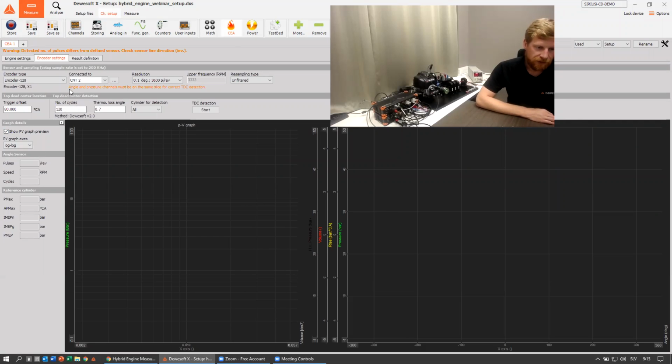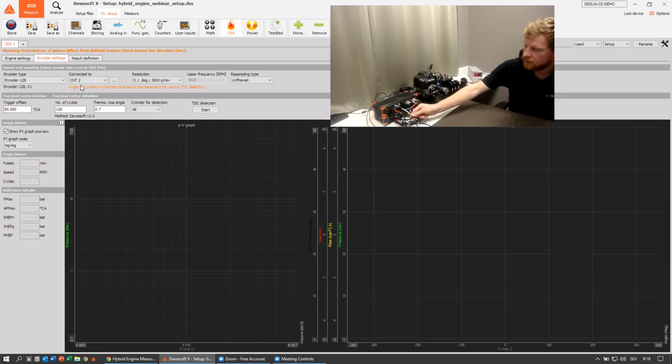We see here one warning. So angle and pressure channels must be on the same slice for correct TDC detection. This means that if we want to do top dead center detection, to detect how far off the angle sensor 0 point is from the actual top dead center of the piston, we can do automatic TDC detection if we don't have any firing in the cylinder. So in this engine that only has compression, that we only measure compression, we could do this TDC detection, but we have to make sure that